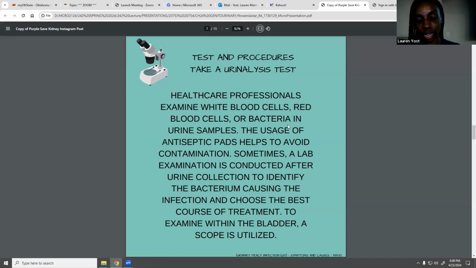Risk factors for UTIs include being female and having a shorter urethra, being sexually active, using certain types of birth control, experiencing hormonal changes, having a weakened immune system, having a history of UTIs, and not drinking enough water. People with conditions like diabetes, kidney stones, and enlarged prostates also have an increased risk of developing UTIs. Certain lifestyles, like holding your urine for long periods of time, wearing tight clothes,